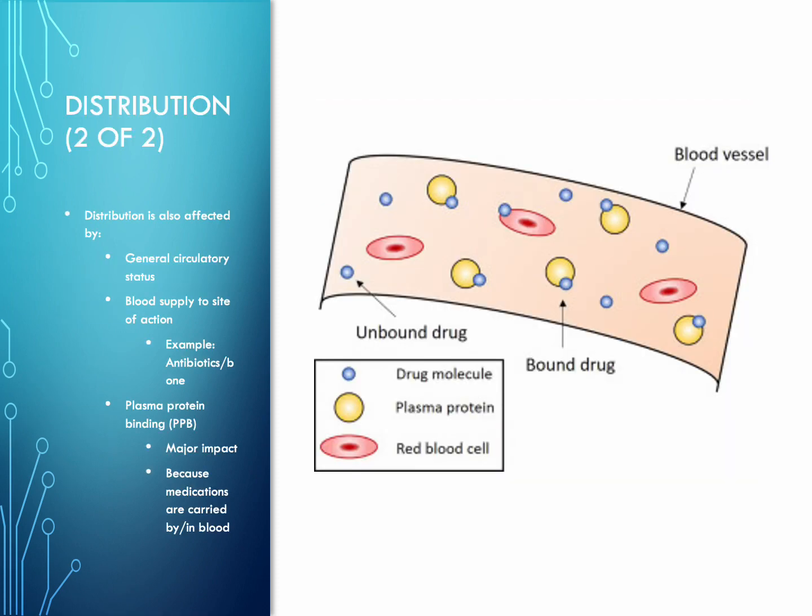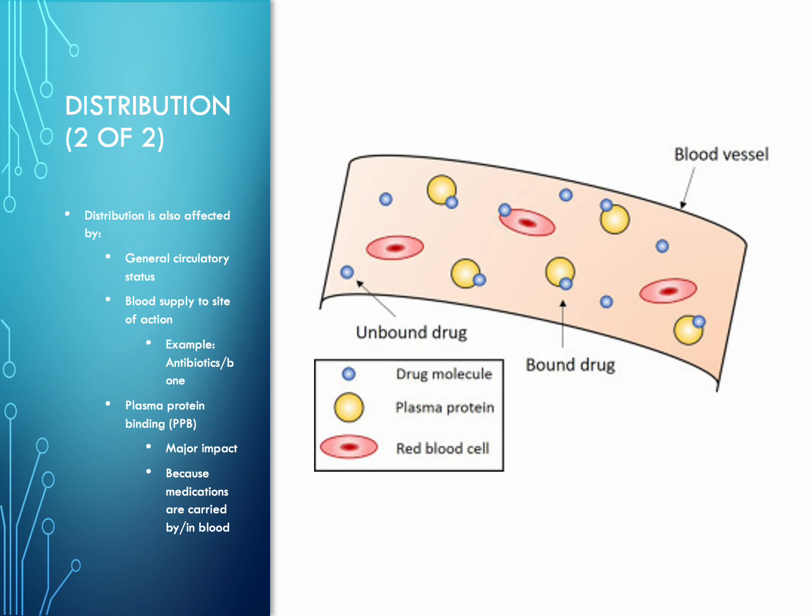Okay, so a few factors impact how quickly the drug reaches the action site. These include the general condition of the patient's circulatory system, the effective blood flow to the site of action, and the extent of something called plasma protein binding. This is abbreviated PPB, and plasma protein binding involves the blood plasma, and it has a major impact on drugs because drugs are